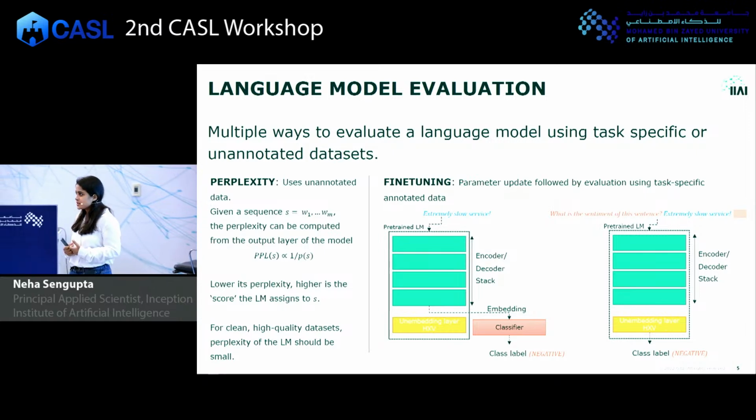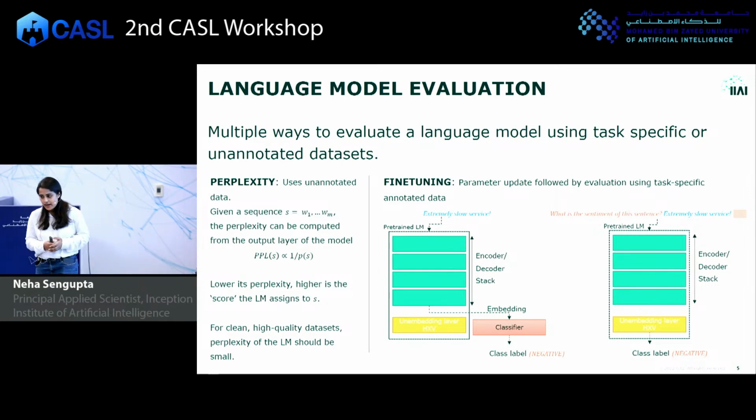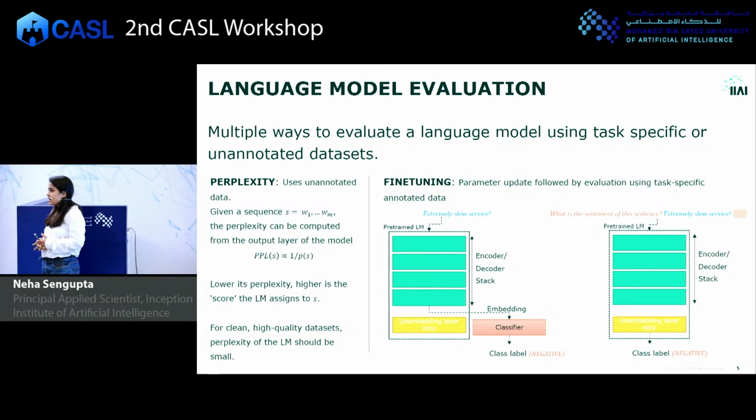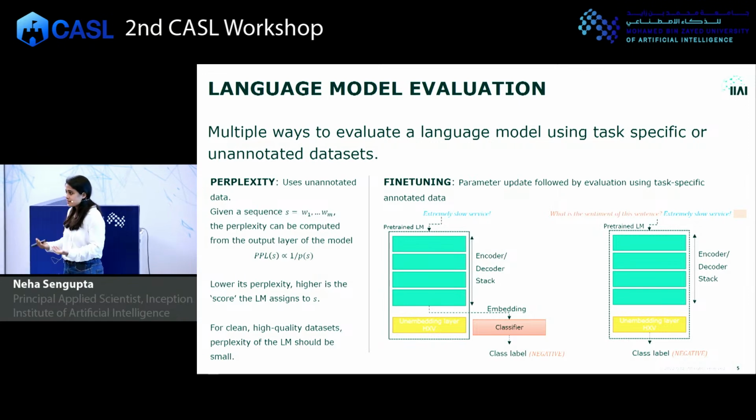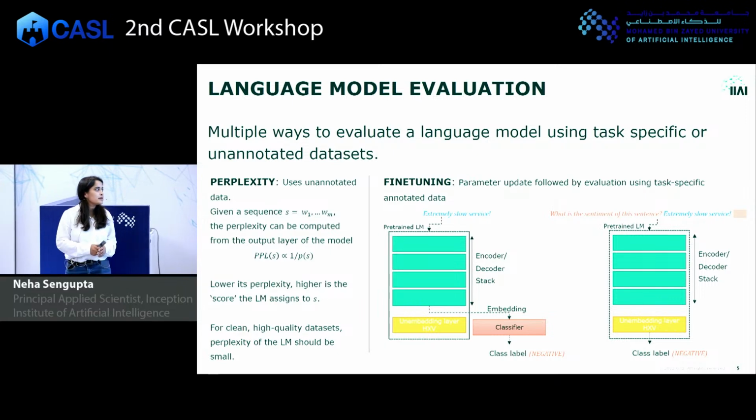And when you're evaluating, you can use both unannotated as well as annotated data. So if your data set is unannotated, so you just have plain text, but you have to know that the text is clean, it's written by humans, and it's good quality Arabic text, or whichever language you're working with. Then you could evaluate the model's perplexity, which is basically, given a sentence S, the perplexity of that sentence is inversely proportional to the probability that the model assigns to the sentence, right? So if you know that your sentence is good quality, then your model should be likely to produce such a sentence. Probability should be high, therefore perplexity is lower, the better, right?